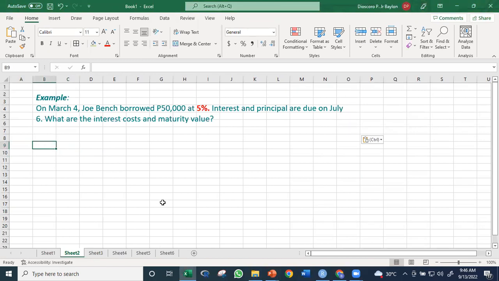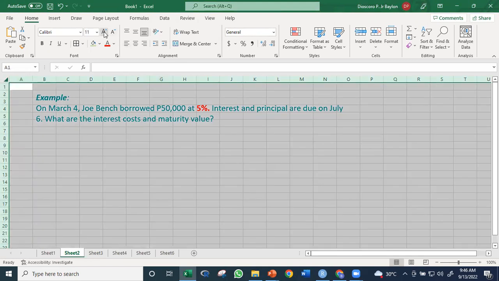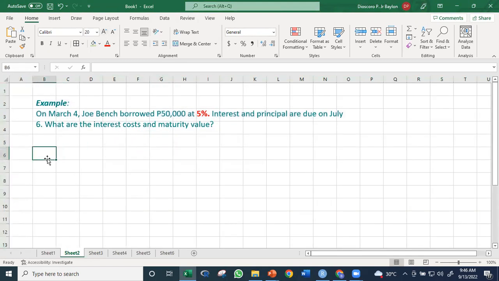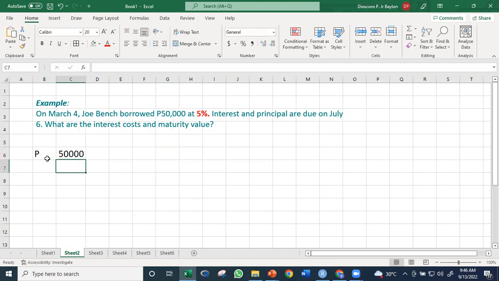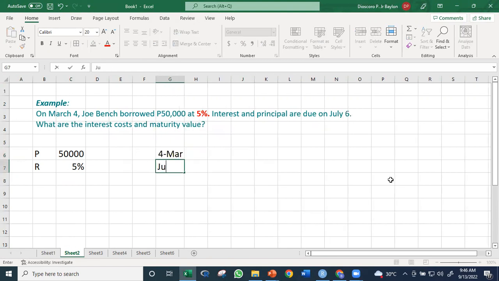Okay, so let's identify our parameters. Our principal, let me just call it P. Okay, our principal is 50,000, and our rate, let me call it R. Rate is at 5%. Okay. What's different here is that you're given a specific date, March 4, okay, and July 6. March 4 and July 6. Now,